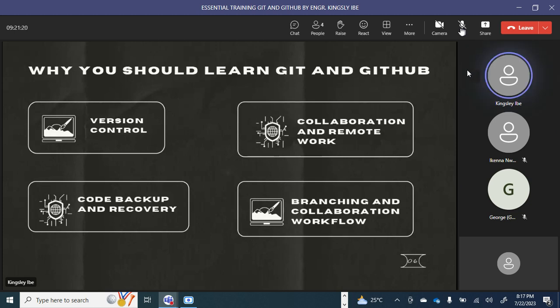Why we need to use Git and GitHub is, one, version control, like I mentioned earlier. Every technical product, every software comes out in versions. That's why you have Windows 7, Windows 8, Windows 10, till we get to Windows 11. These are versions of a particular software. So if you are building your project,